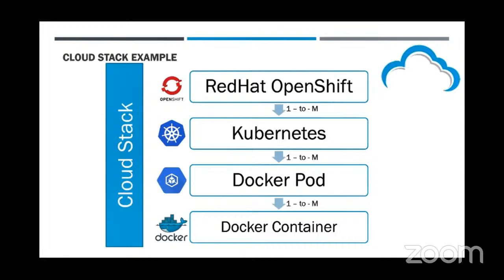Okay, so that's the Docker container. Now moving up, we have the Docker pod. Now one Docker pod will contain multiple Docker containers. And Docker pod is more of a way to organize the Docker containers. Also one interesting fact is that a pod is a group of whales. The Docker logo is a whale. So a Docker pod is a group of Docker containers. Okay, now above that we have Kubernetes cluster.